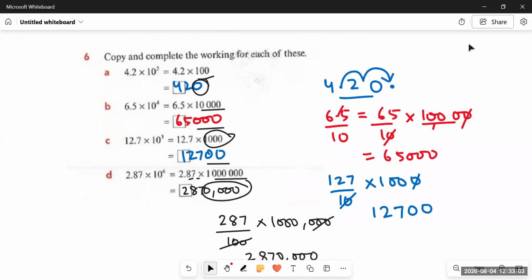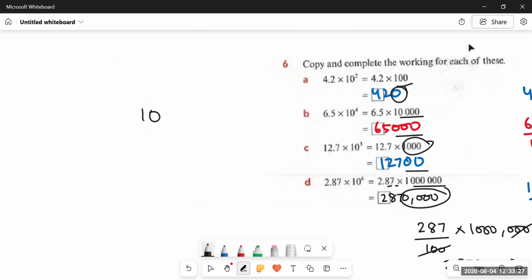So here we have to add a sentence. If we are multiplying any decimal number by a power of 10, what happens? The number of zeros will be the difference of the power of 10 and the decimal places. So let's say the power of 10 is 5 and there are two decimal places. What will happen? We will subtract 2 from 5 and it will be 3. It means now we will have 3 zeros in the answer, and you can check it.